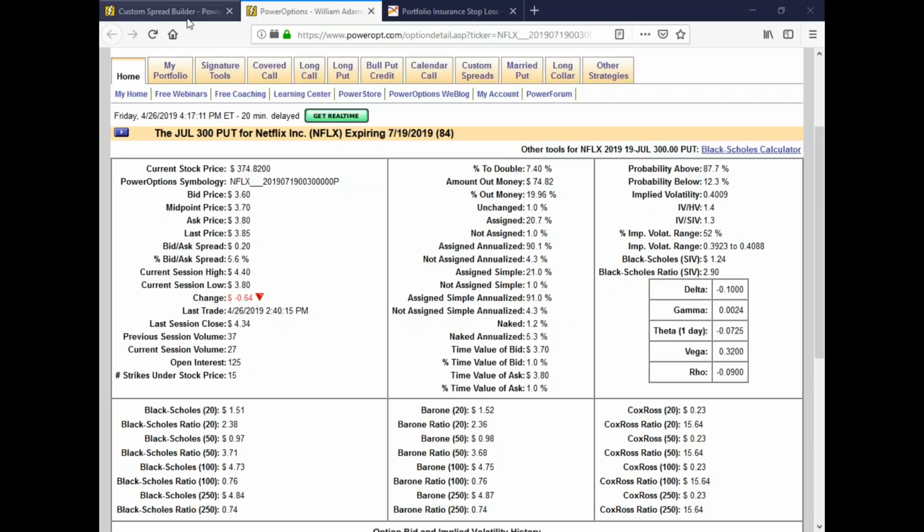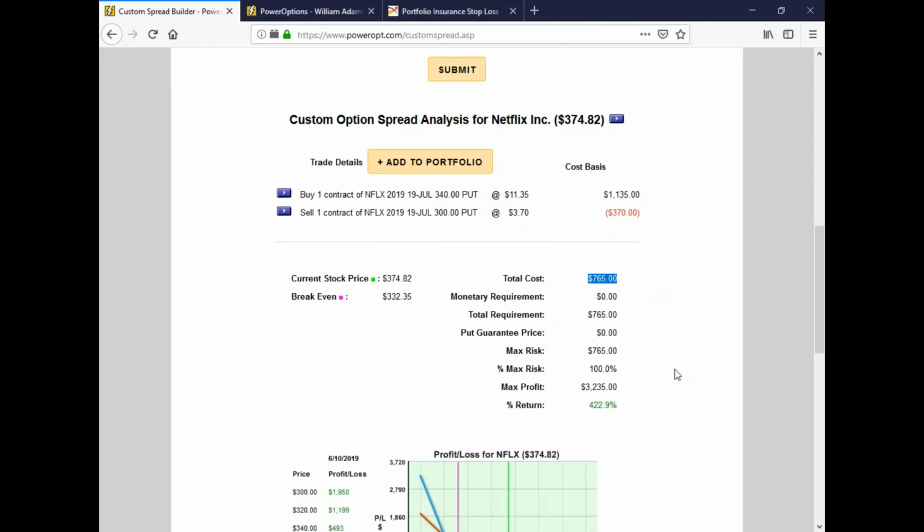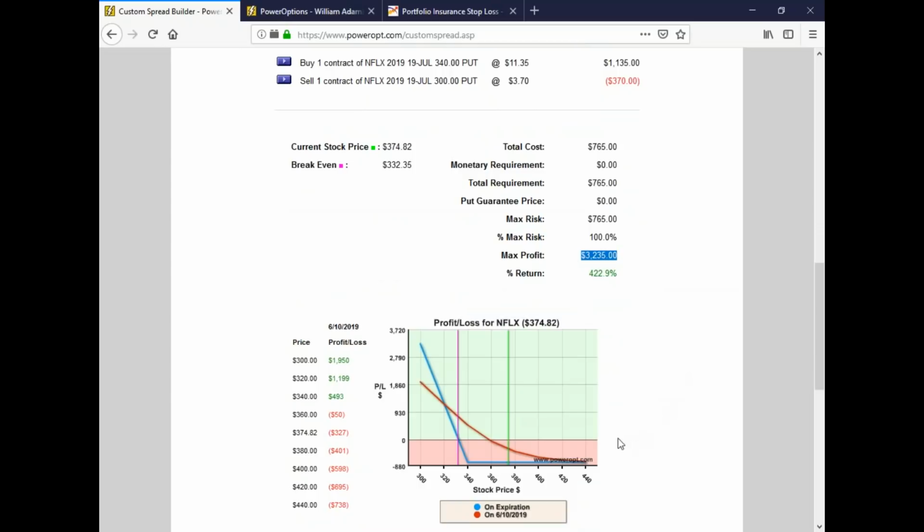that you're looking to only risk 765 to make 3,235. But you have such a low probability of getting that amount. You have a higher probability of losing 100% of this, of course, if you held it all the way to July expiration, because you need the stock to fall quickly. And you need the stock to fall 70 points, more than a 20% decline, well, about a 20% decline, of course, in the next